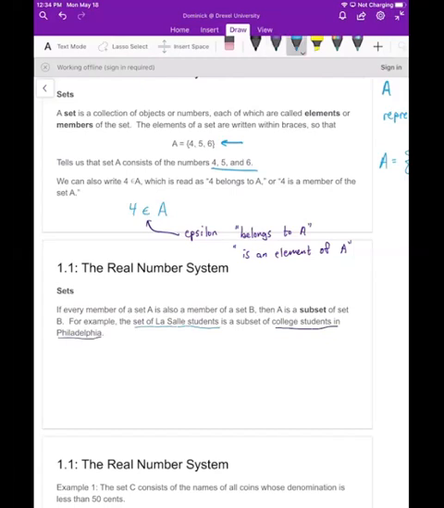Well, since every LaSalle student is also a college student in Philadelphia,